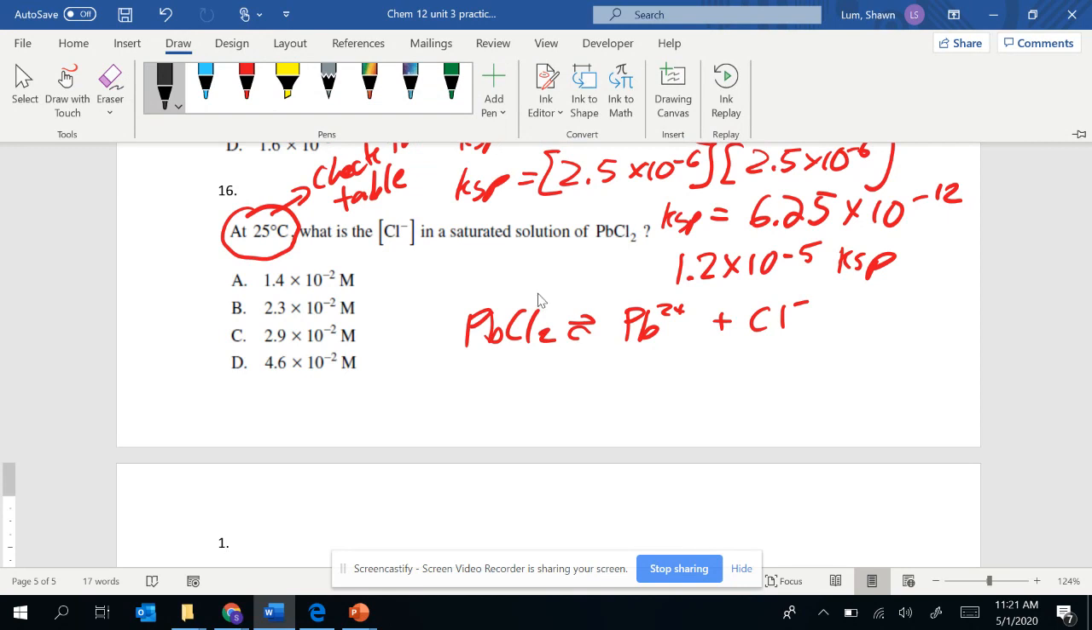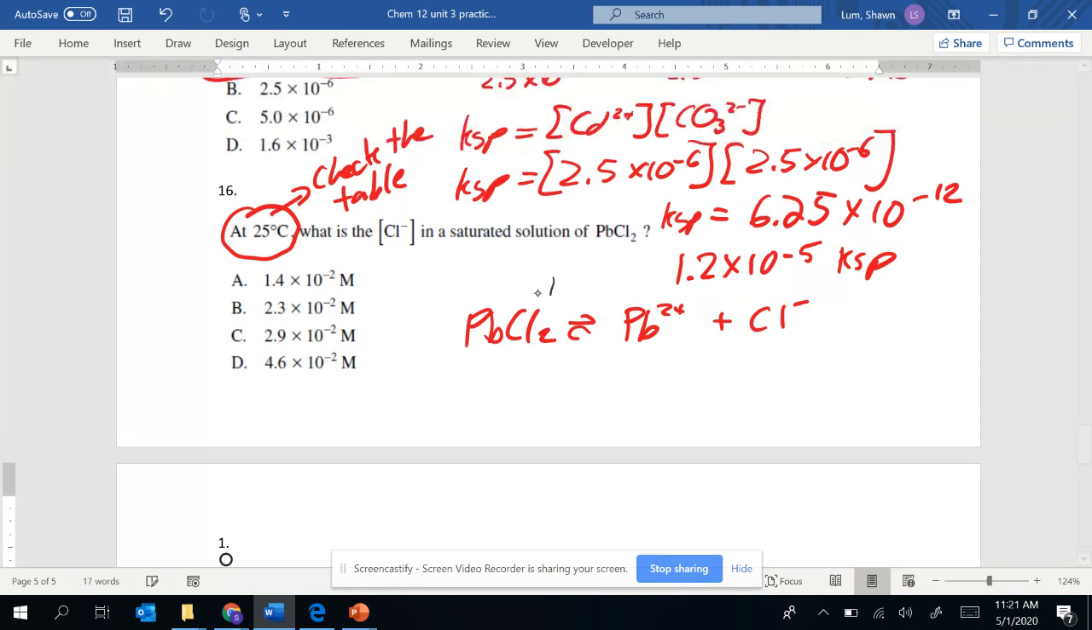But one thing again that's very, very important is that it's not balanced. We have that 2 right there, so that means this 2 needs to be right there. Now it's a balanced equation. So now I'm going to make my Ksp expression. So my Ksp